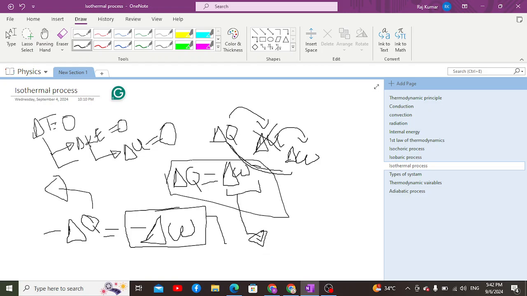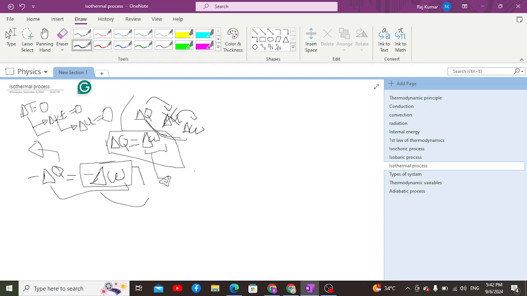So this is the equation of isothermal expansion, and this is the equation of isothermal compression, because the pressure exerted on the piston, the pressure exerted on the system, causes a decrease in the thermal energy of the system, as a result of which the compression of the molecules occurs due to the decrease in volume, due to which the work done is negative. So these are the two conditions over here.